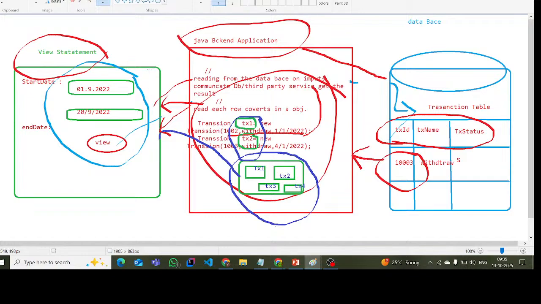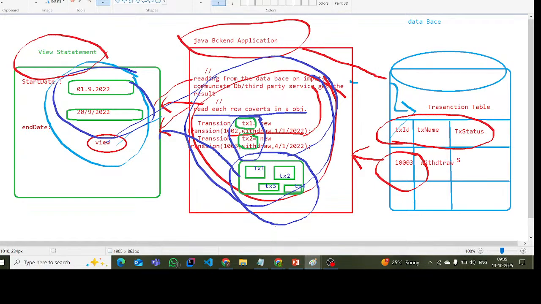One end user will come and he will give the input. If you hit the button, it will interact with the Java backend application, and after that it will communicate with the database. In the database, the data will be stored in the form of rows and columns. Again, it will give it back in the form of rows, and each row is converted into an object. Some processing is done on that object in the Java backend code. It will reflect to the front end. Then we can see it. So here the main point I'm trying to make, in this whole diagram,